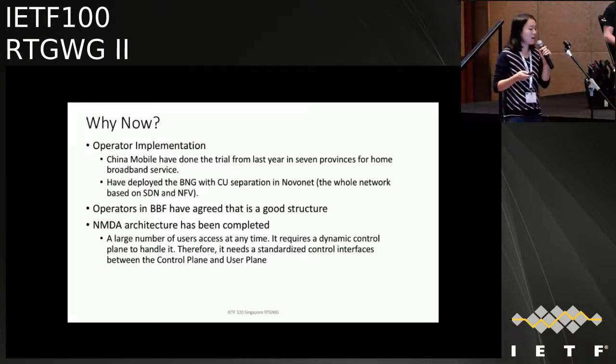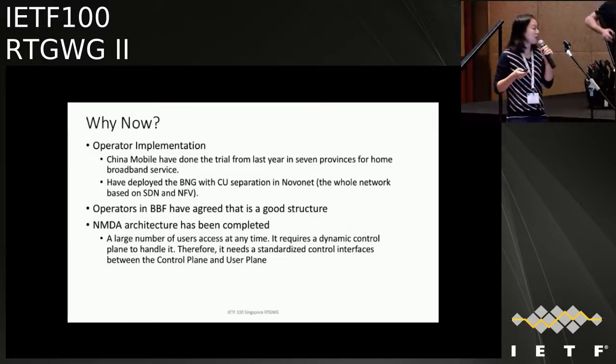We, China Mobile, have done the trial from last year in 7 provinces with the BNG device of the control plane and user plane separation for providing the home broadband service. Besides, we have also deployed the BNG device with the CU separation in our NovaNet. NovaNet means the whole network based on the SDN and NFV technology. That is the most important reason why we need the standard information model.